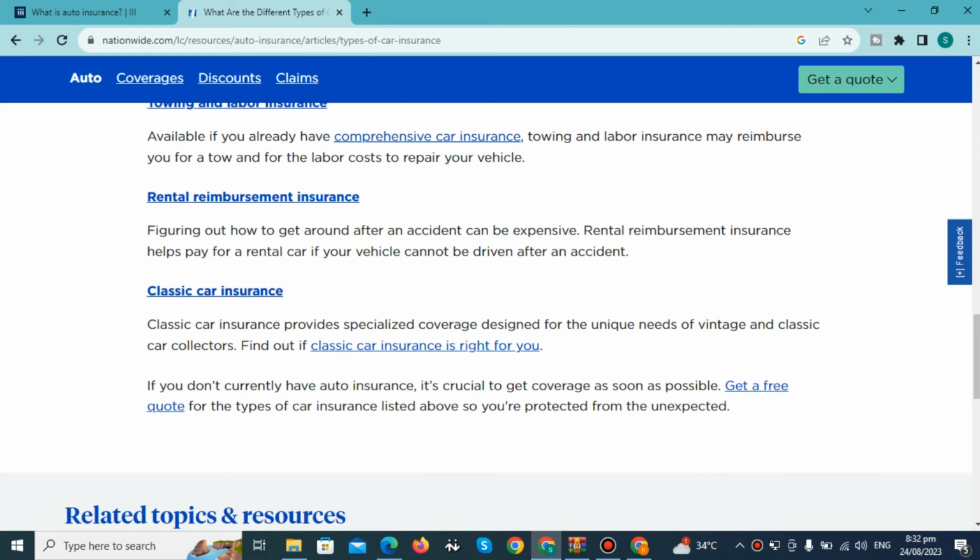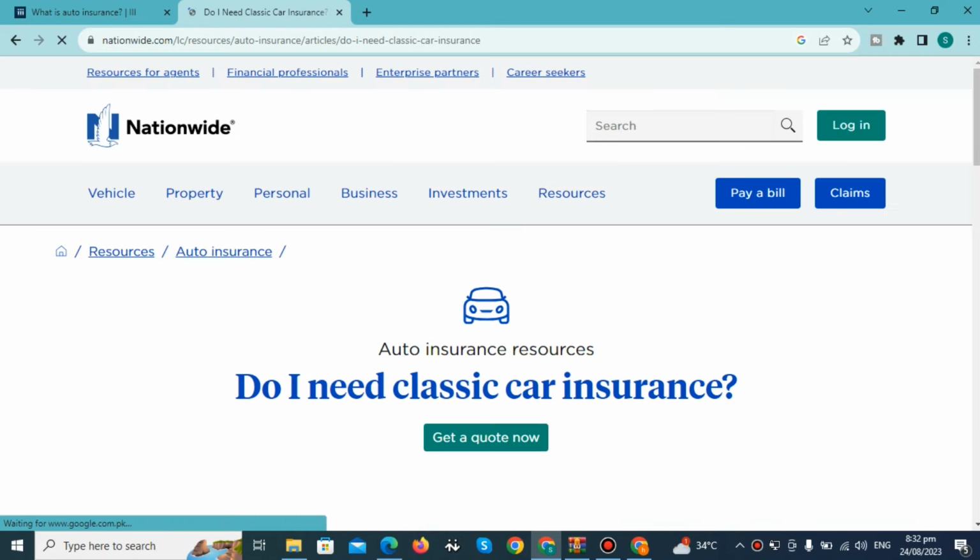Classic car insurance. Classic car insurance provides specialized coverage designed for the unique needs of vintage and classic car collectors. To find out what classic car insurance is right for you. If you don't currently have auto insurance,